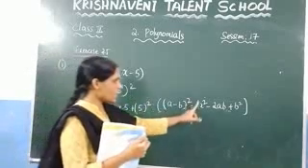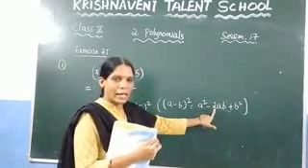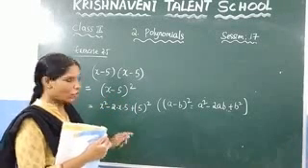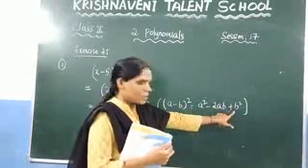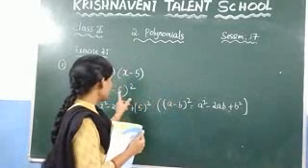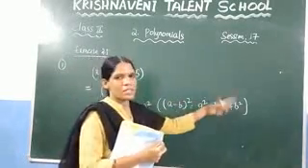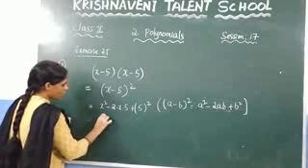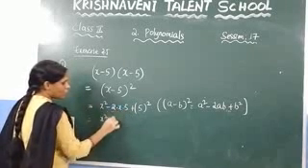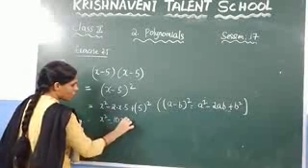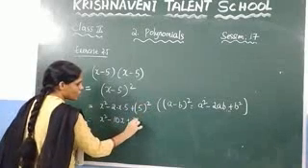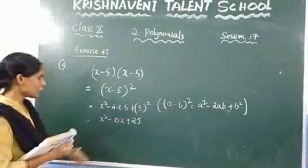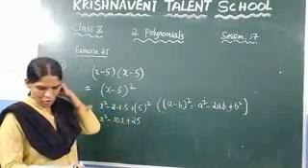In place of a we have x, so we have written x² − 2 into a into b. a into b is nothing but x into 5, so I have written x into 5, plus b². What is the value of b here? Which is 5. So 5 square is there. So write it here. So what you get here is x² − 5 into 2, which gives you 10x, plus 5 into 5, which is 25. How many times do you need to multiply here? 5 two times, you will get 25. Like this you need to solve.